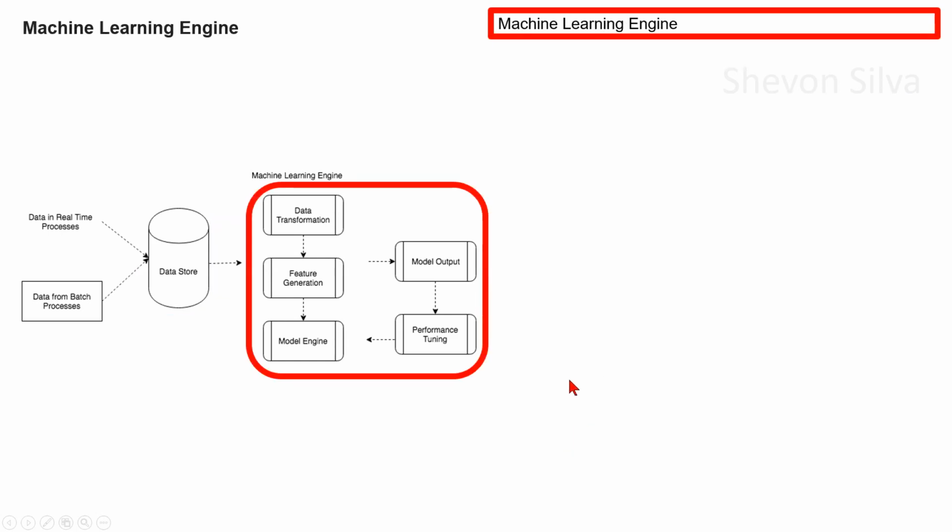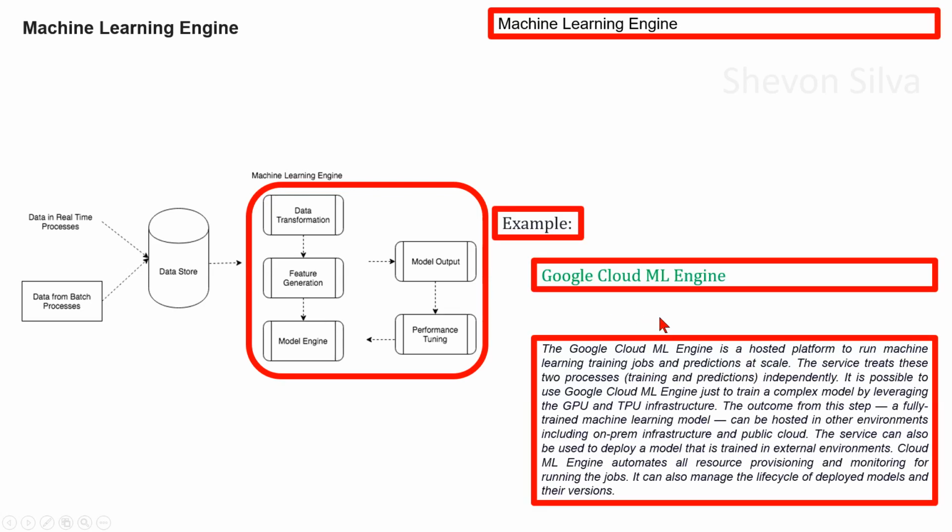Now we are focusing on machine learning engine. Here we consider data transformation, feature generation, model output, performance tuning, and model engine. As an example, we can consider Google Cloud